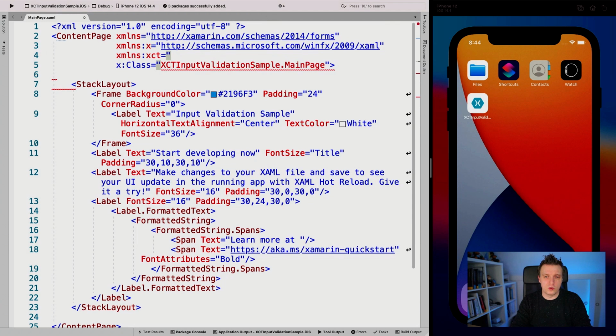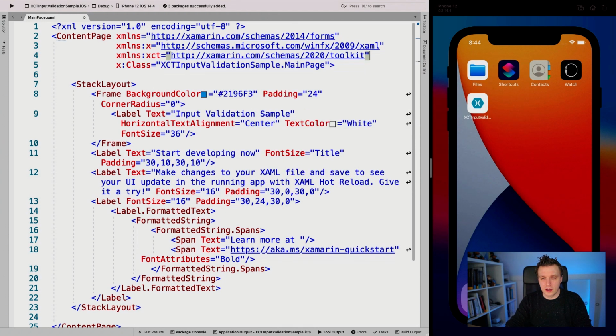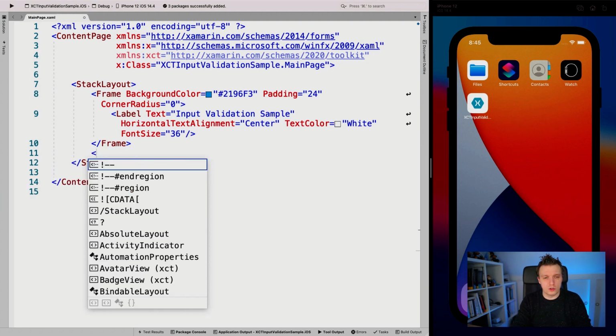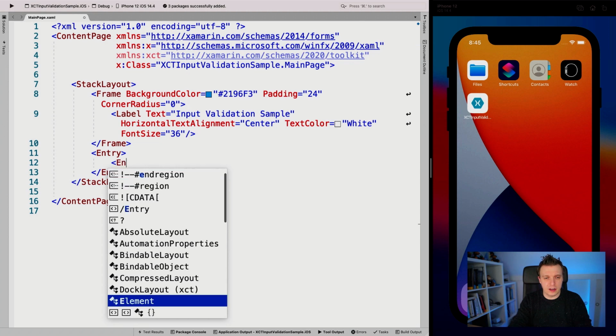And here I'm going to let IntelliSense help me. I'm just going to search for Toolkit because we have one of those fancy URLs in here, so you don't have to import each namespace separately. So that is really, really cool. And now I can just remove all of these, and I'm going to do this with entries. So let's just do that entry, and in this entry I can say